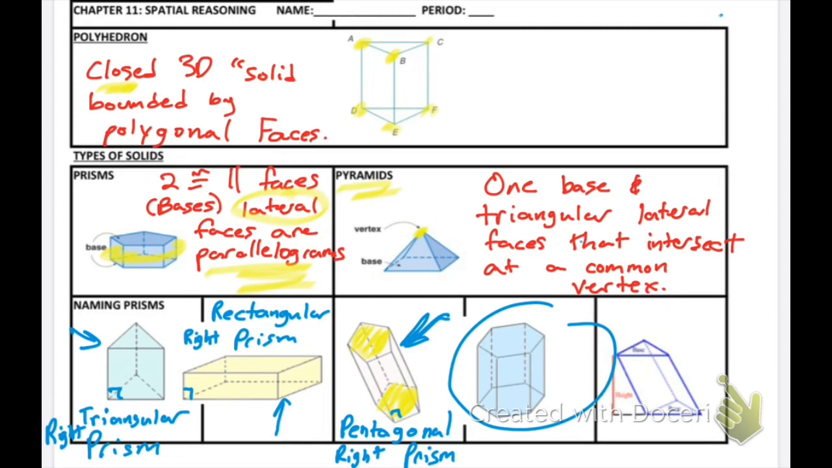So go ahead and try this one on your own. Pause the video. Should take you 2 seconds to write it out. So I look at my base. What's the shape of my bases? They're both hexagons. So I would name this. I'm also going to check, is it a right prism? It is. So this would be a hexagonal